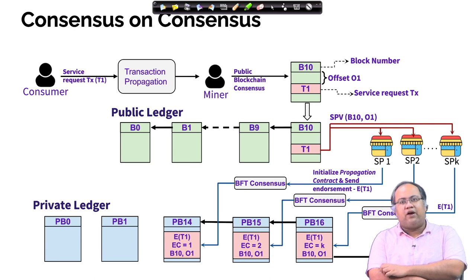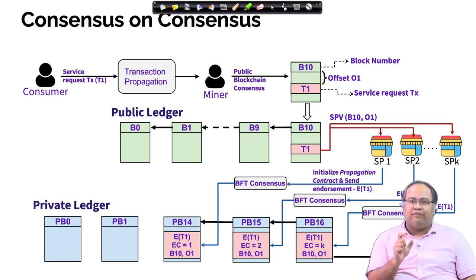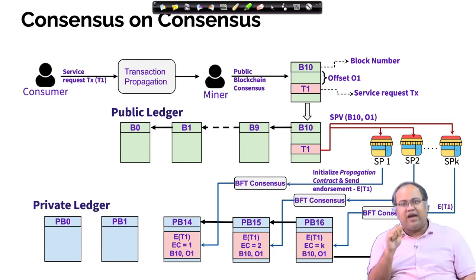Okay. So, the interesting fact here is why we call it consensus on consensus. That is primarily because the consensus information in the public blockchain is picked up by the service providers, and that information goes through another round of consensus on the private blockchain. So the service providers cannot independently just pick up information from the blockchain; all that information needs to go through another consensus mechanism among the service providers, which ensures that a malicious service provider cannot simply pick up a transaction and start processing it.